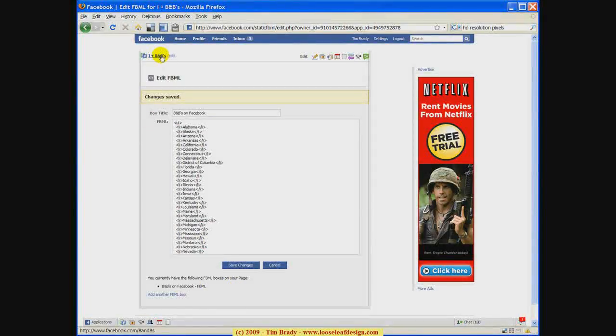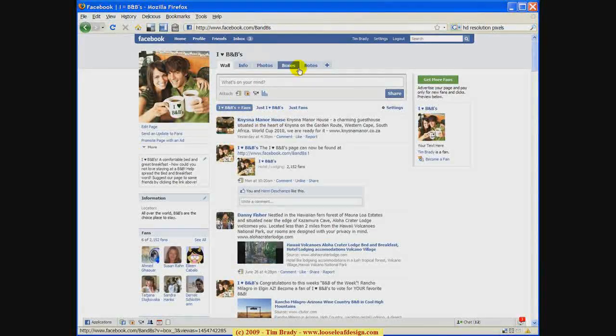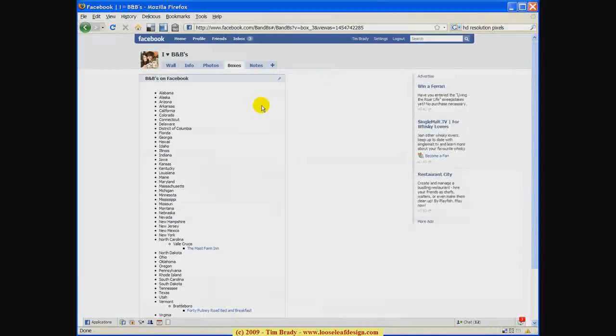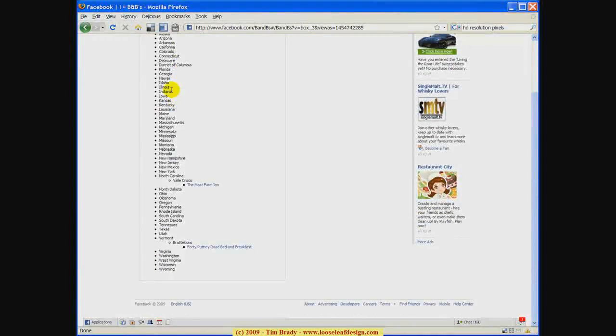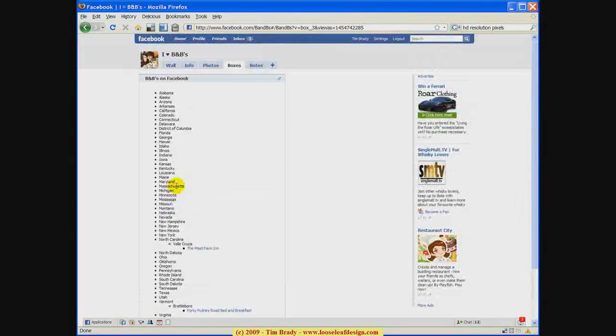Now if I go back and I look at the iHeartBnBs page, it doesn't exist yet because I haven't added it to a tab, but it will show up when I look in the boxes. And you'll see here's my code, all the different states, and then the two Inns are in, and then Henry's in, that I know have fan pages, just quickly to throw up there, and we're going to edit all that. So there's a simple way to make a custom tab on your Facebook fan page. Now, we haven't really made it a tab yet because it still just shows under boxes, but making it a tab is very easy. We're going to go back